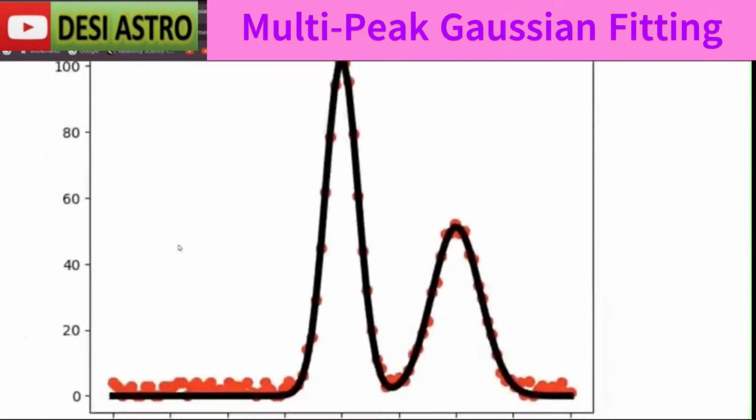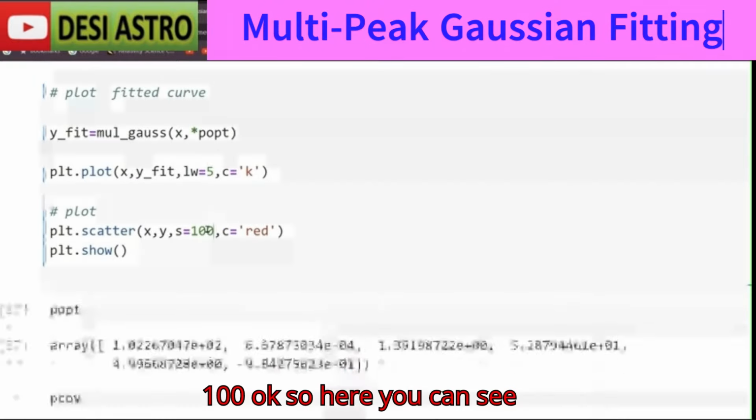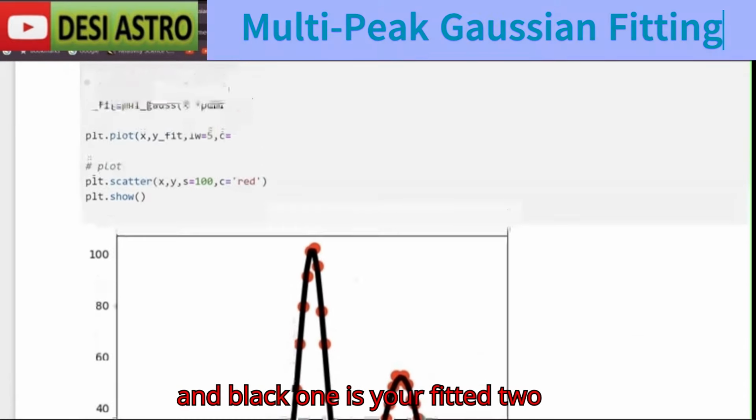Now run it. So maybe you can make it 100. Okay, so here you can see that your red points are data and the black one is your fitted two